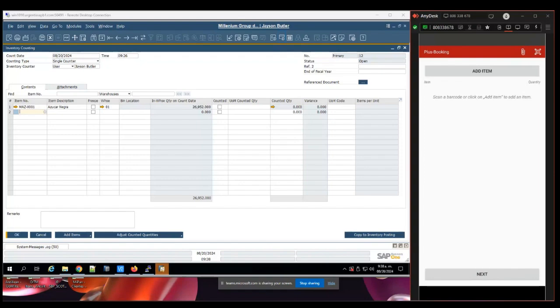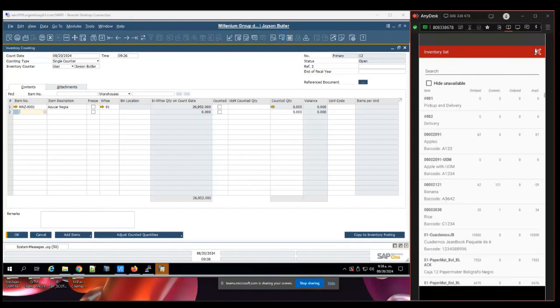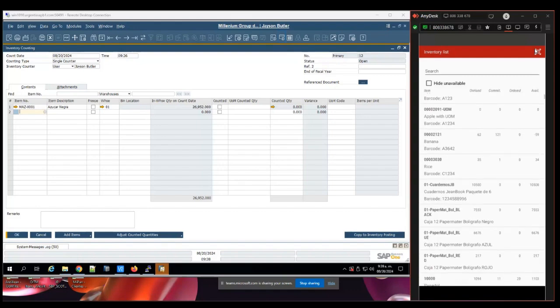You can either use the icon at the top right, with which you can scan the barcode to add the item into the COBI application, or you can use the add item button here, which will bring a list of available items from the system. Here you will basically select the item you need,